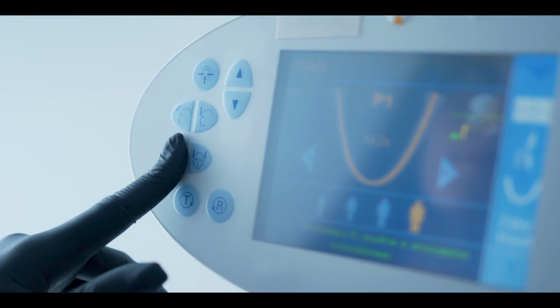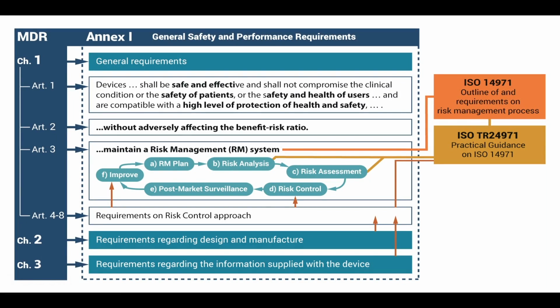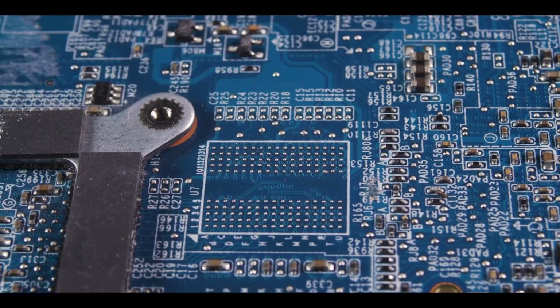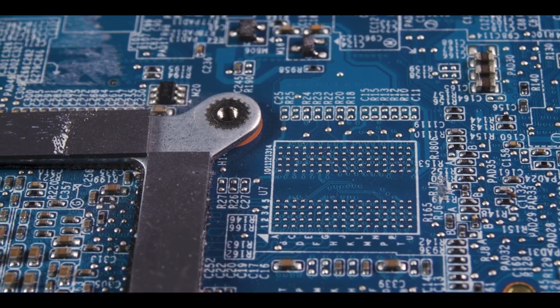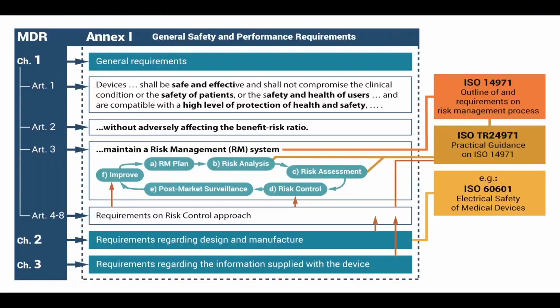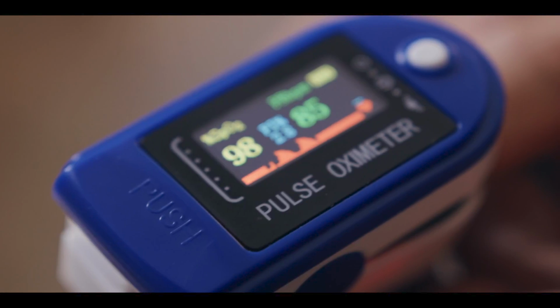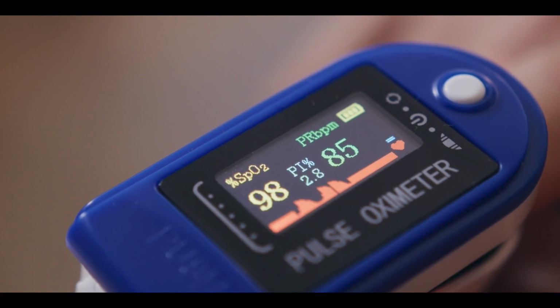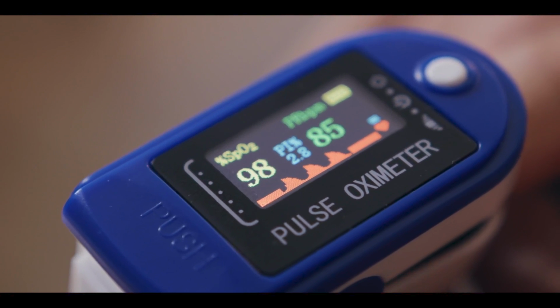For helping you do so, there are the risk management ISO standards we discussed that give you some guidelines on how to control and reduce risks, but there are also many more ISO standards for very specific aspects, like ISO 60601 for electrical safety of medical devices, which tells how electric systems of medical devices should be designed, made, and tested in order to be safe. Another example is ISO 20417 about the way you should provide information in a user manual, in an interface or on a package label with your device in a way that everyone understands it.